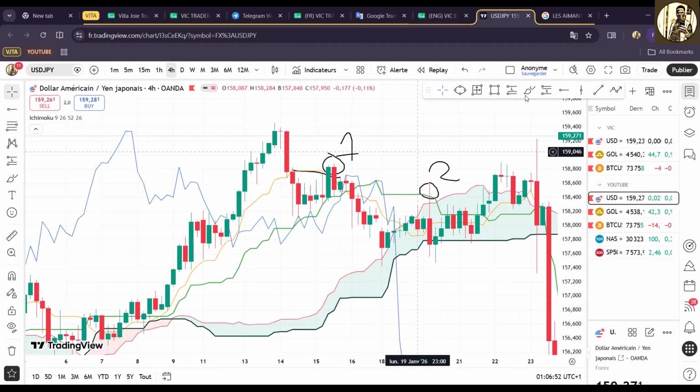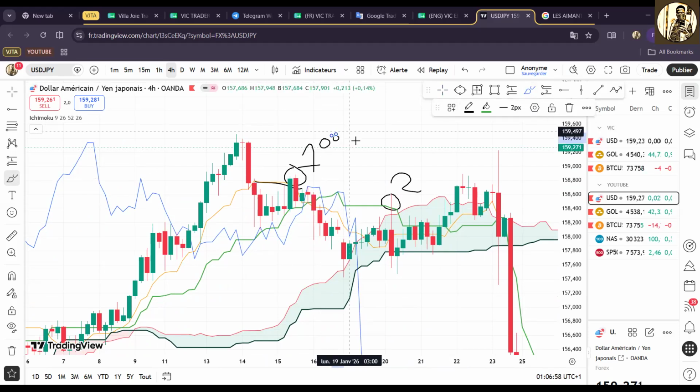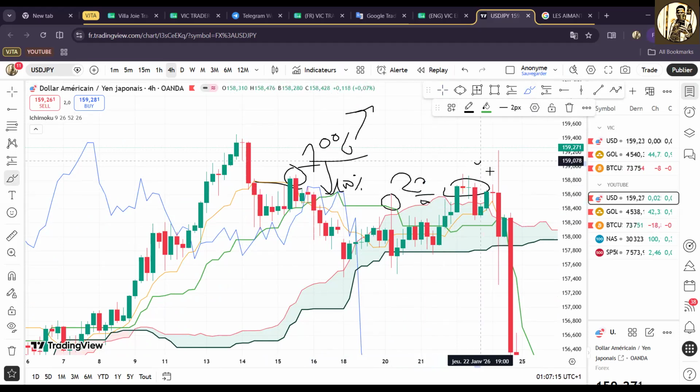Why is it the second reversal blocker? Because this inverted Tenkan proves to you there is 0% chance for the price to go up and 100% chance for the price to go down. That is what we call a blocker. And then same thing here, 0 and 100%. Inverted SSA is also a reversal blocker. We have another reversal blocker that is called